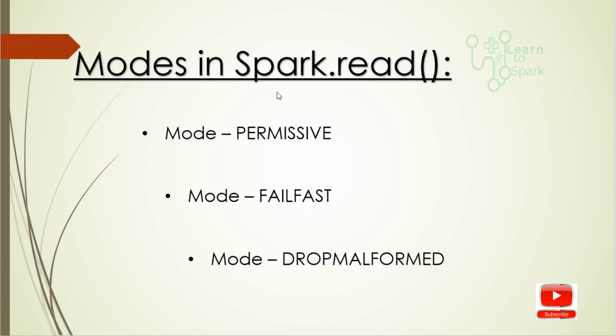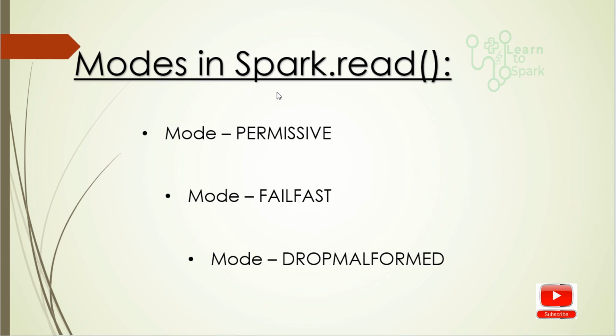If the schema doesn't match with the bad record or the corrupted record, then it will add null values to the columns that are available in the schema. And fail fast is nothing but if we enable the fail fast mode, then it will start the process and it will fail. It will throw an exception stating that you have corrupted records and your mode is fail fast, so we can't proceed further. Please check your input file, like that. It will throw an exception.